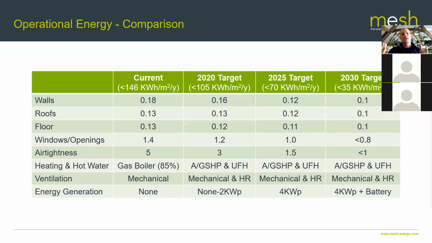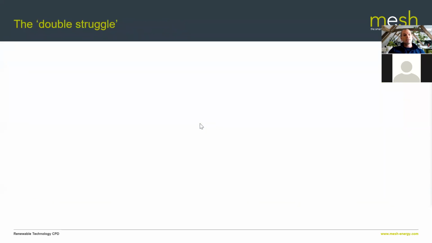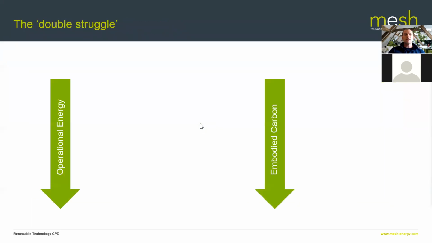Funnily enough, to get U values lower, often walls get thicker, or we use increasingly higher performing materials. But as we'll see, there is a pretty direct correlation between higher performing materials and thicker walls and rising embodied carbon. So one of the challenges that we've got over this year, next year, the remainder of the decade, is